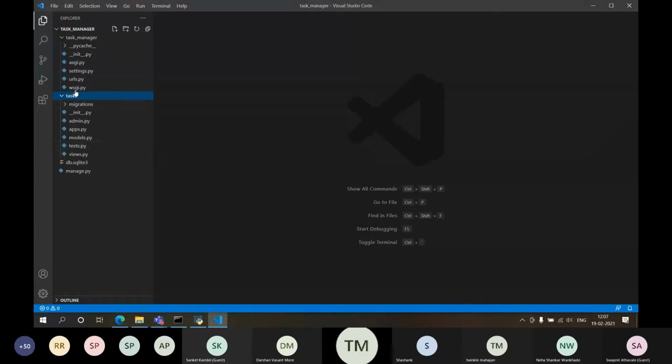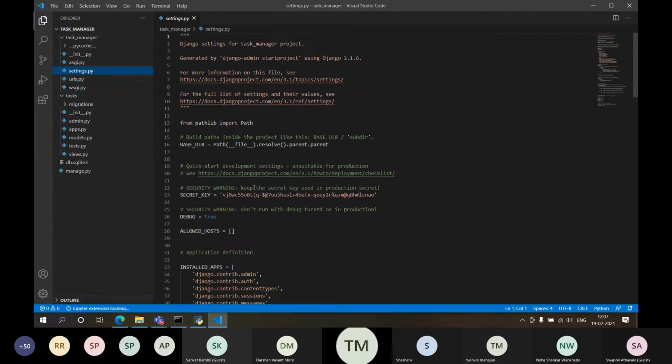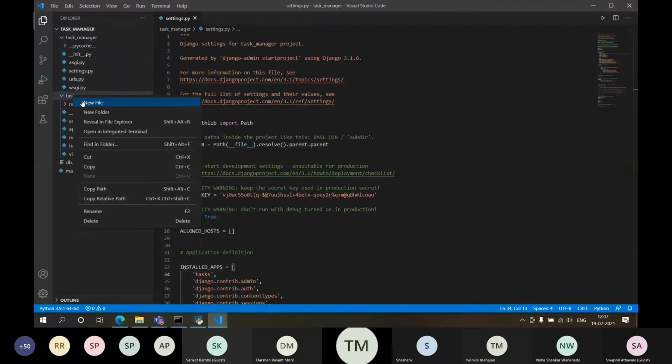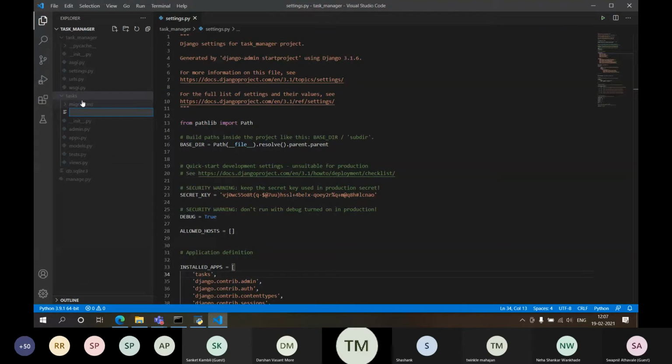The very first thing I need to do is go to settings, and in installed apps, mention the name of the app, task. Task is the name of my app. The second thing, I should click on the task folder and create a new file. The name of the file will be urls.py.